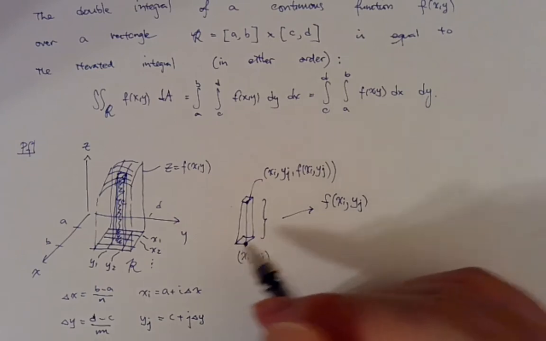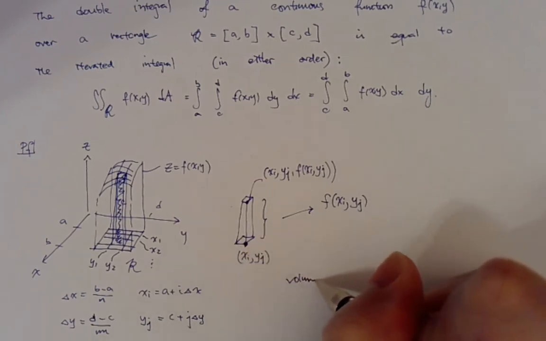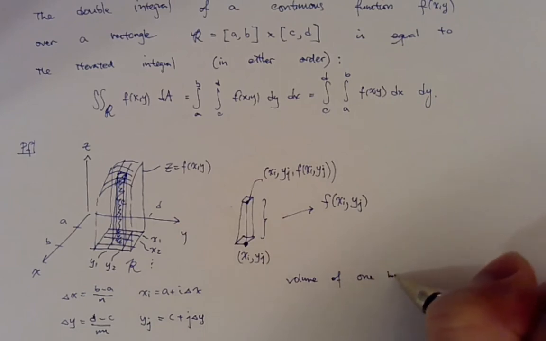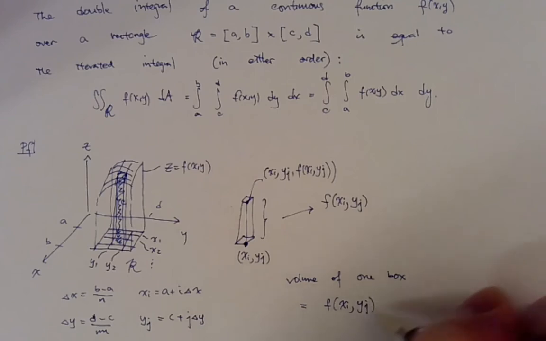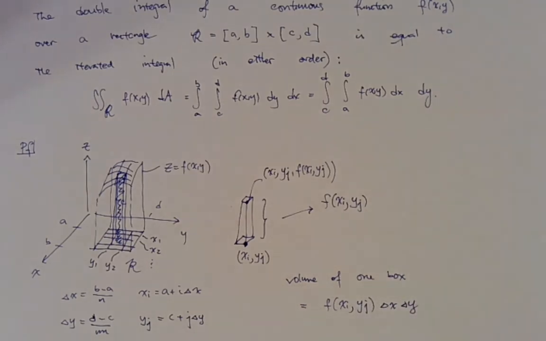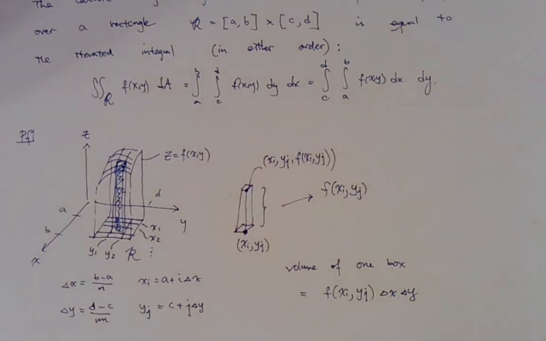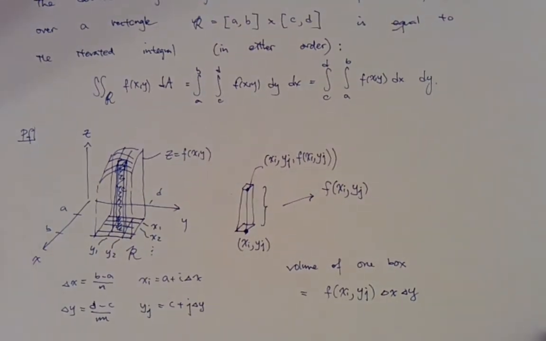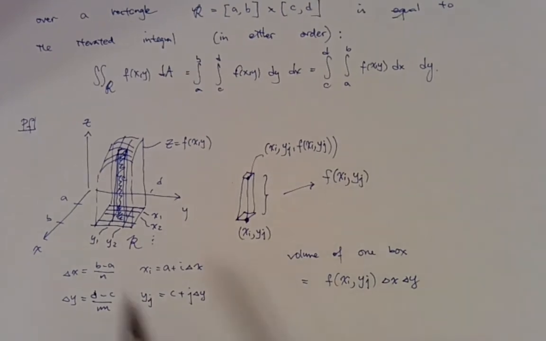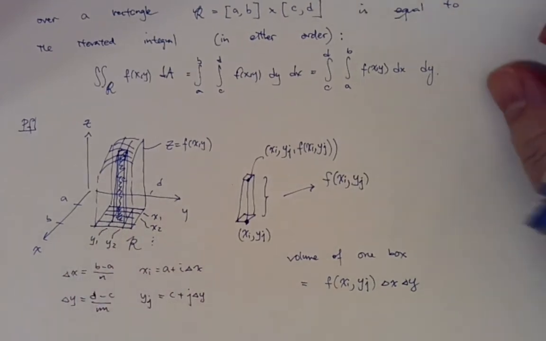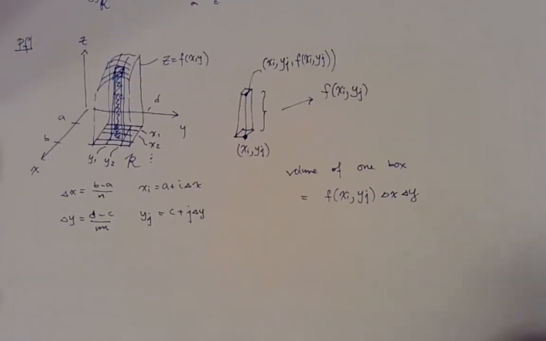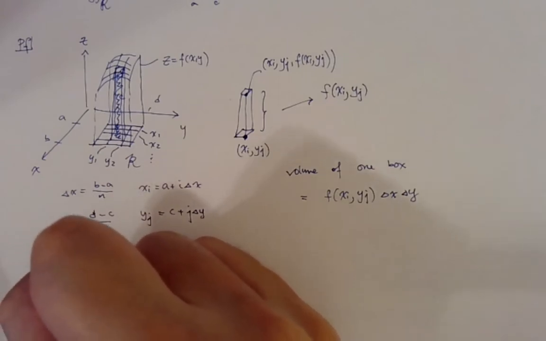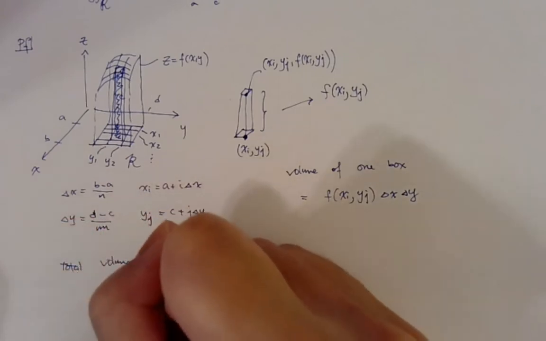And then we want to get the volume of that box. So the volume of one box is equal to f of x sub i, y sub j times delta x, delta y. That is the volume of one box. And then we would like to sum up all the boxes and then take the limit as before. So let's write this out. So then the total volume under the graph,